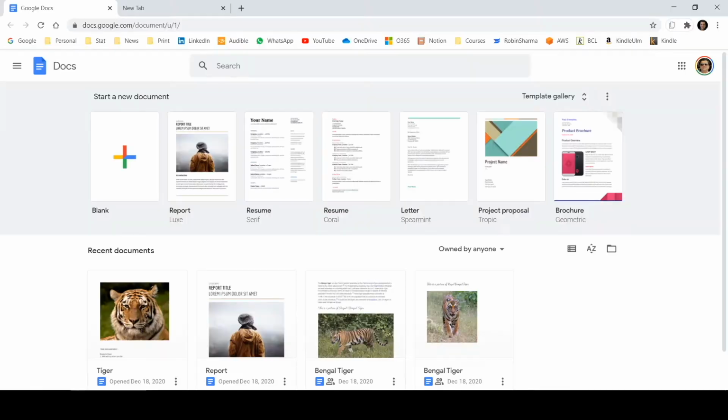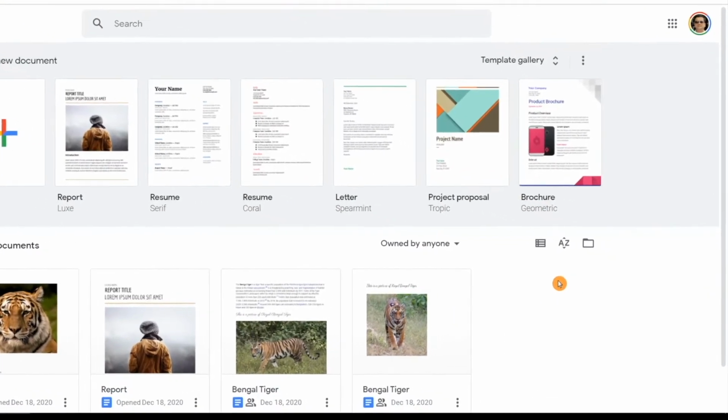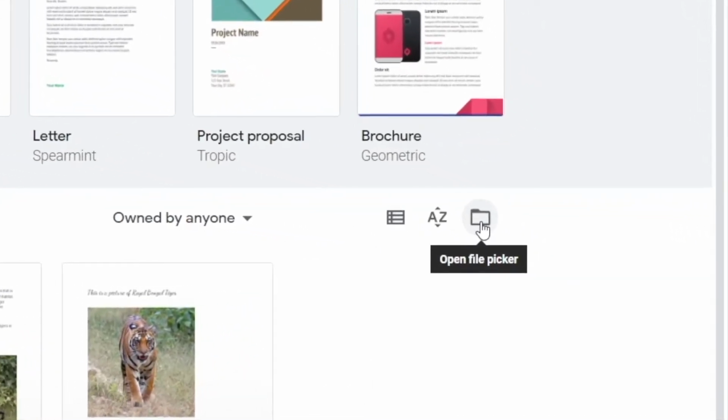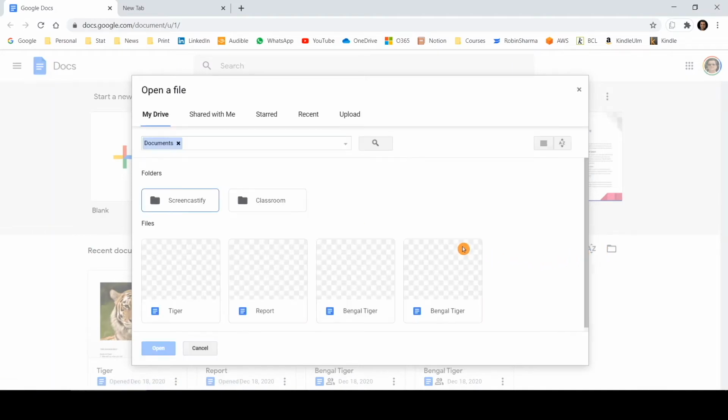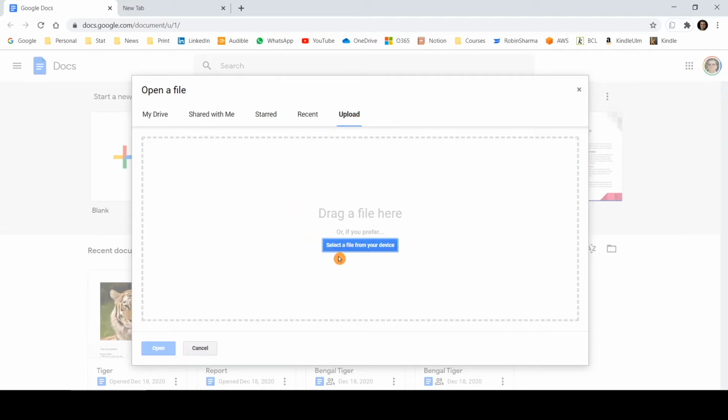Now let me show you two things here. To start with, I will use a simple PDF document where only text is there. If you follow my mouse, on the right side of the Google Docs page, there is a file picker, this folder icon. If you click on this file picker, it will give you a prompt asking from where you want to open that PDF file. Once you click on that, a new prompt will come and there you will be able to select the file which you want to open. The first one is My Drive. If I go to the last one, that is Upload, it will give me the option to choose from my computer only. Let me click on that.